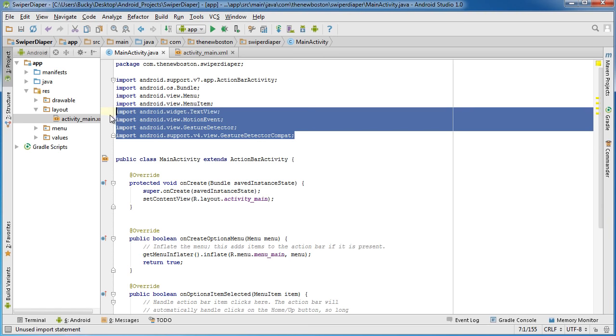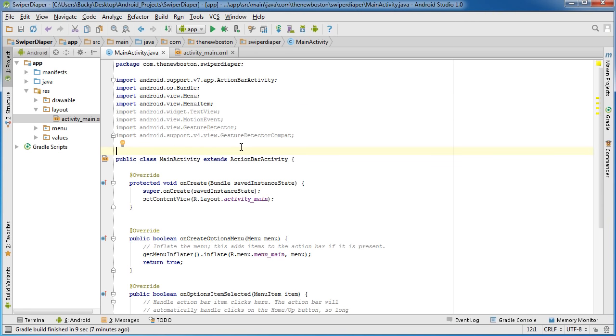Alright, so we imported all the stuff we need. So why did we import all of that? Well, this is how you detect gestures. You're going to need to implement a couple of interfaces. These interfaces have methods inside them that are pretty much responsible for detecting gestures. You can implement them in a bunch of different ways, but we're just going to use the same class right here. So what we're going to do is implements, and the first one is